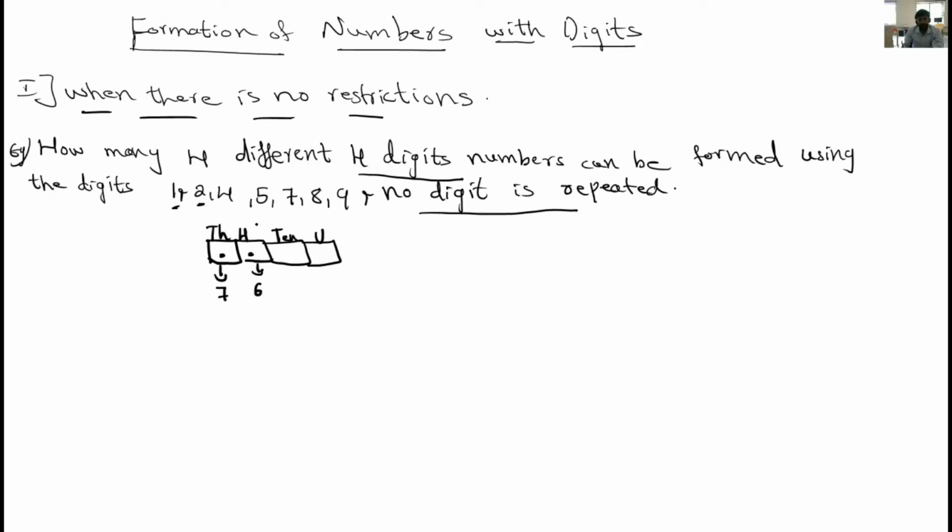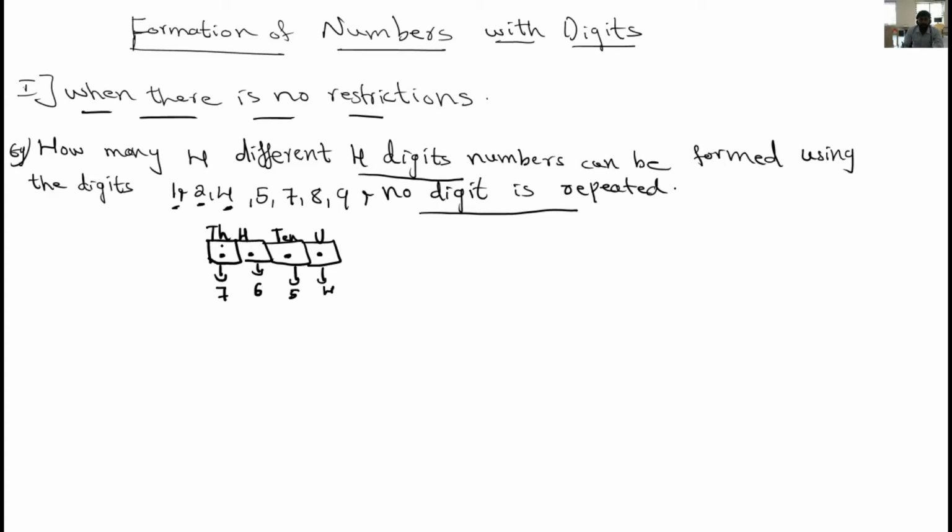Then see, in the thousands place one number is used, in hundreds place one number is used. For tens place, how many numbers are possible? 5. So here I am taking one number from the remaining 5 numbers. So here 5 possibilities are there. Then units place, you need to take one number. So here possibility is equal to 4. Suppose here you are using 4. Then how many numbers are remaining? 4. You may take any number in any places.